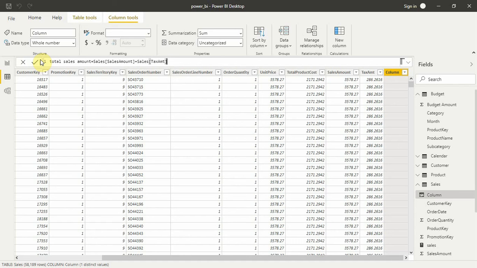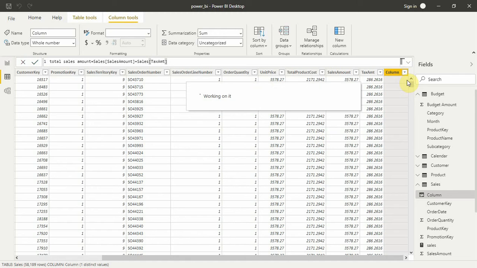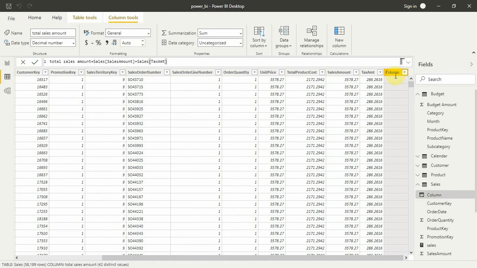And we'll just click enter here. And now you will see we'll have another column which will add these two, and it will be total sales amount.